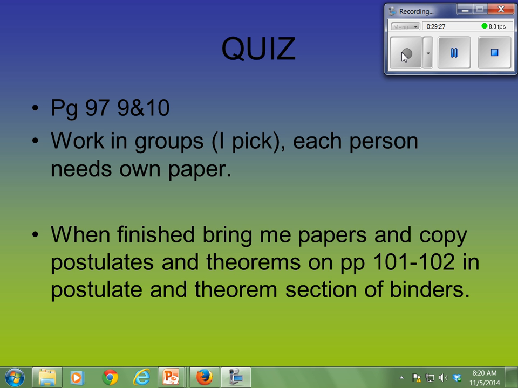Says I pick the groups, I'm going to let you pick. So you can work in partners, you can do whatever. There's 2 problems, 9 and 10. Shouldn't take you but about 5 minutes to do them. I think both of them, let's see, on page 97. 9 and 10,